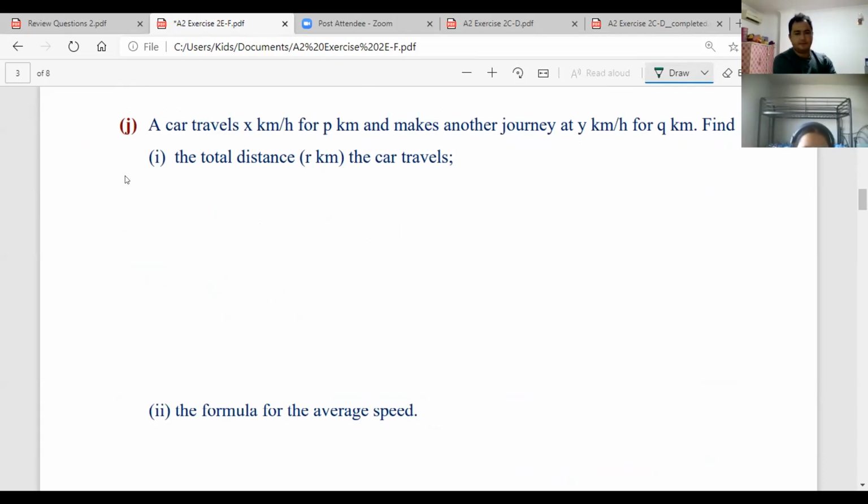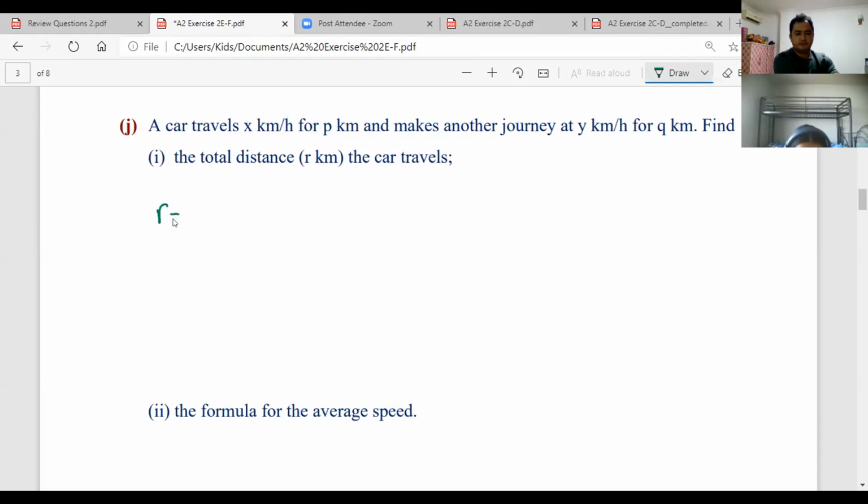Okay, a car travels at X kilometers per hour for P kilometers. Then it makes another journey at Y kilometers per hour for Q kilometers. Find the total distance R kilometers the car travels. Okay, how do I find the total distance? That is R, right? Okay, R equals